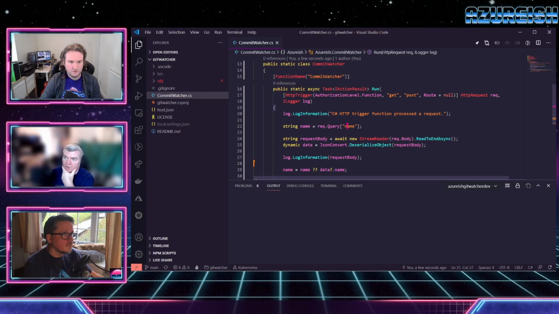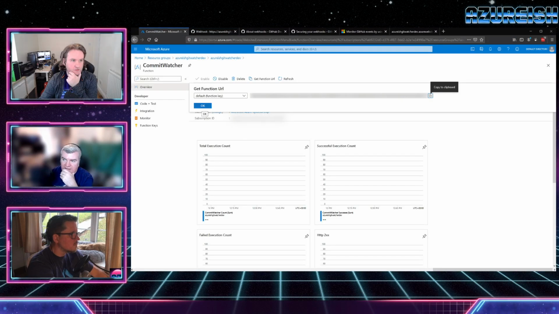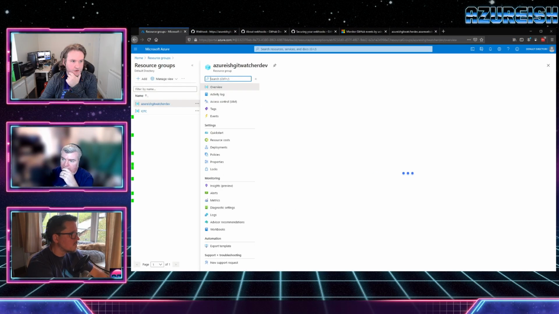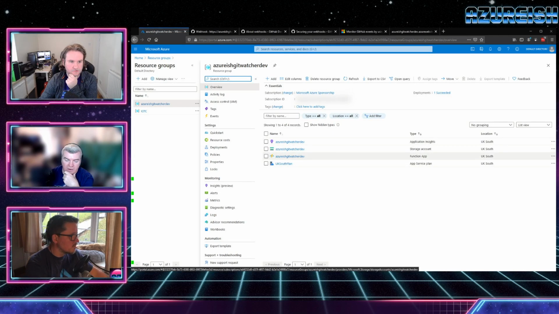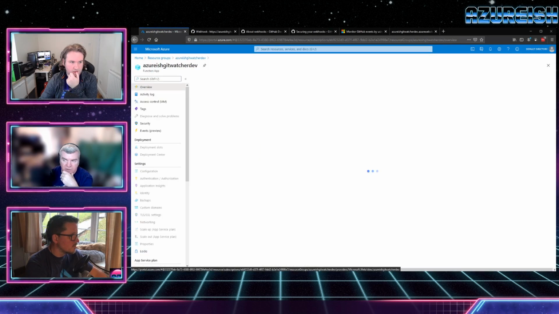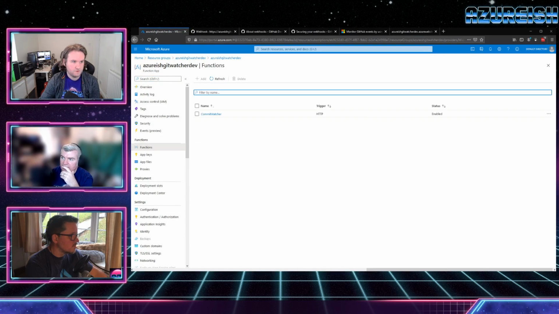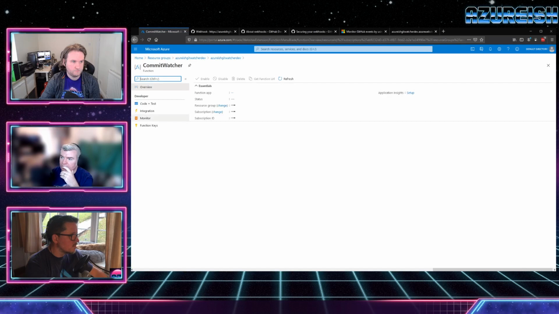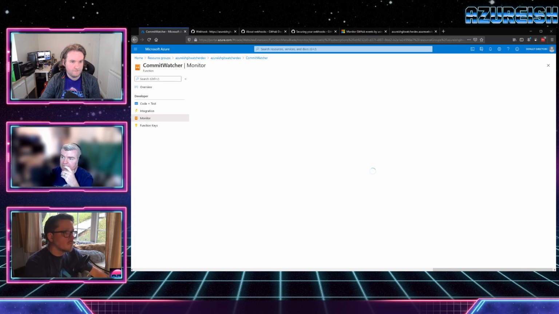Yeah. So I'm just looking at the monitor in the portal, in the app, and I can see that invocation for the function in the portal as well. Right. I don't know if you want to show that. So in the resource group, it created an Azure Monitor, didn't it? Is that what you're looking at, the App Insights? No. Well, maybe no. But if you go into function apps, and of course I can't see what you're doing, and then go to the commit watcher function app, and then go into the actual function, and then click on that commit watcher, and then monitor. And maybe there's another way around, but this gets you there.